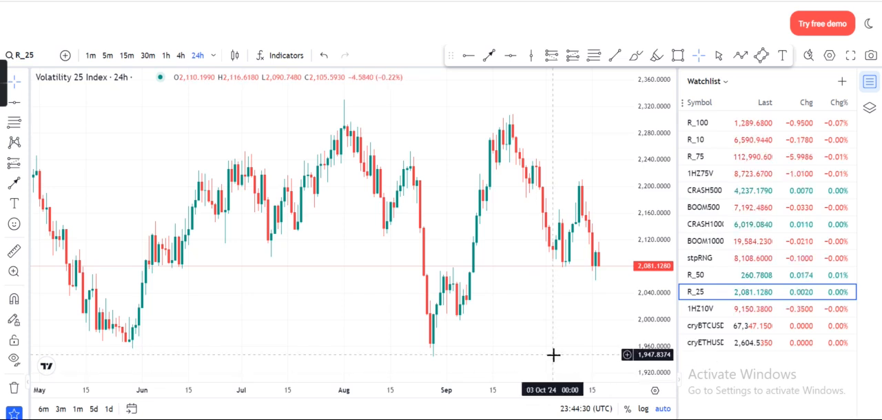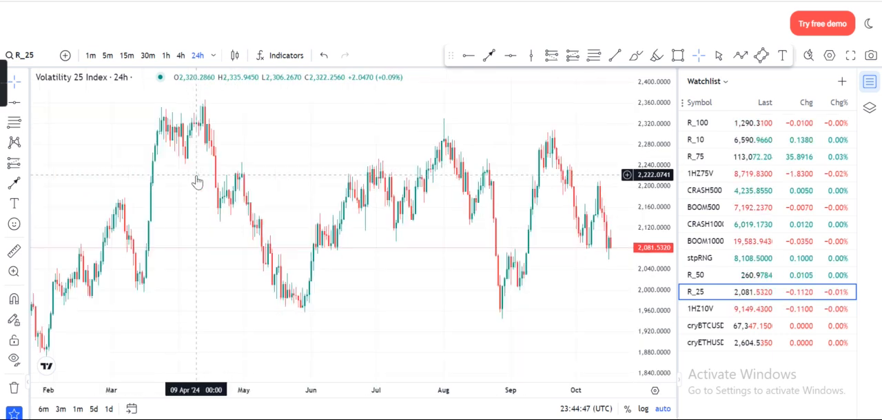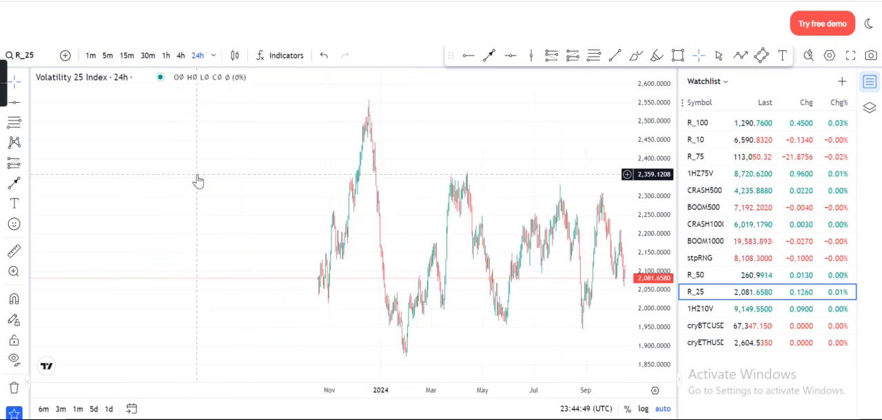So today I'm still on our volatility 25. I'm on this to give you a preview of how our analysis so far is going on volatility 25. Now, if you would all agree with me, you would all see that initially